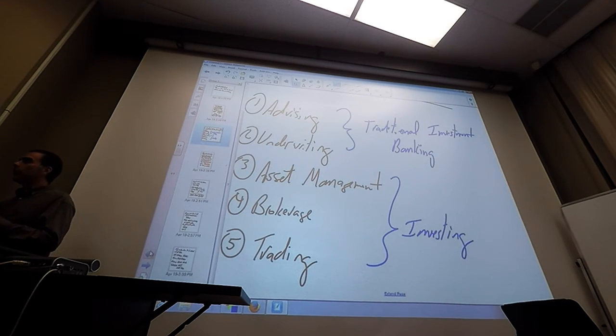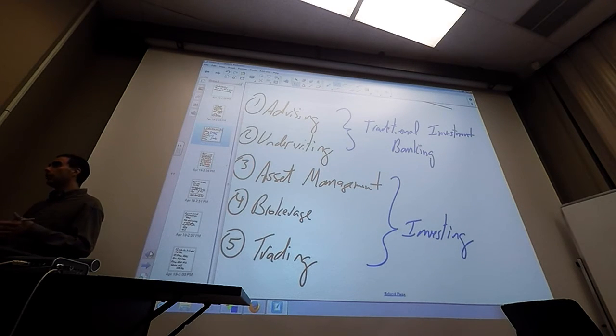From an accounting viewpoint, and to understand how the industry works, none of these require very many assets. They're all service things. When I talk about traditional banking, that is taking deposits and making loans, which involves a lot of actual assets. All those deposits are money owned by the bank, and those loans are assets that they own. So they have giant balance sheets. They have a lot of assets that those firms own.